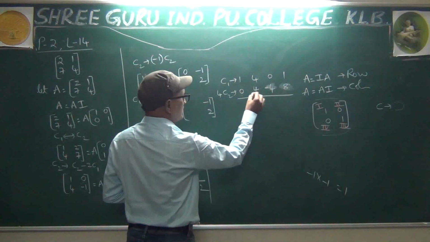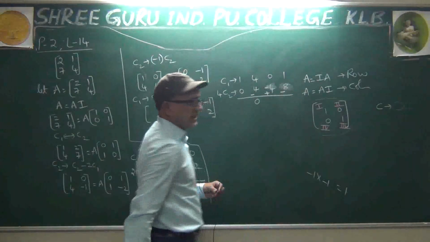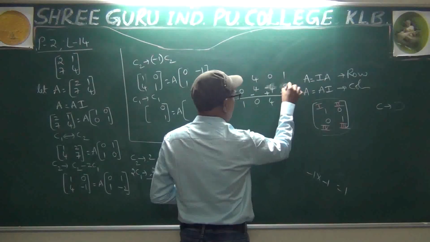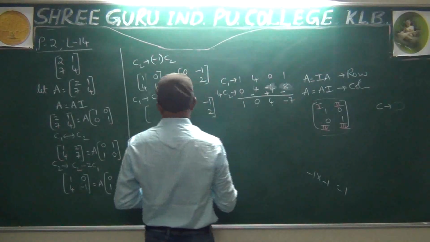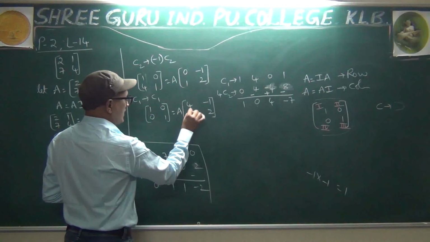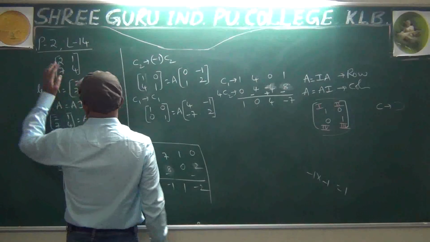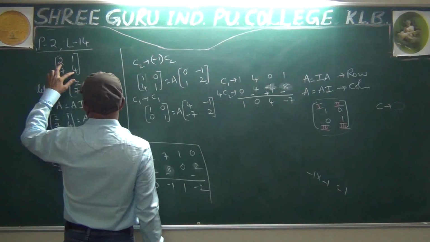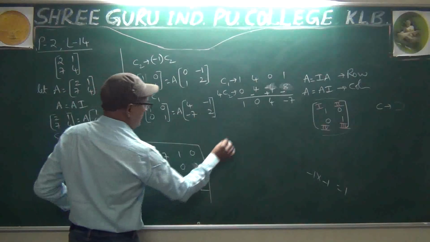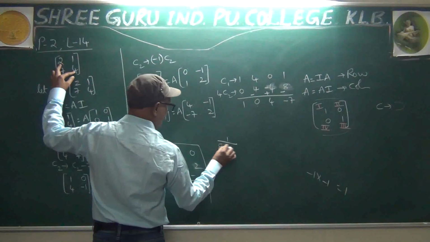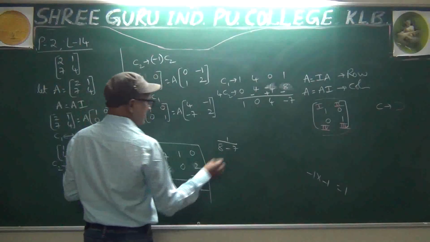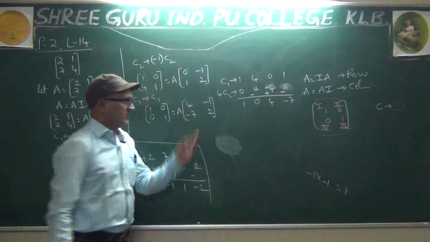Subtraction. 4 minus 4 is a subtraction. Subtraction means signs get changed. 1, 4 minus 4, 0, 0 plus 4, 4, 1 minus 8, minus 7. Okay, so 1, 0, 1, 0, 4, minus 7. Let us see the trick. These two should be interchanged, and for these two the signs should be different. 1 by AD minus BC, that is A into D, 8, minus B into C. It is 1. No use of this one. So the answer is correct.